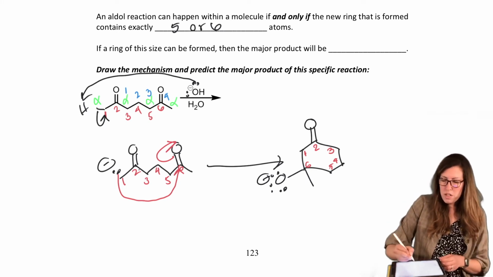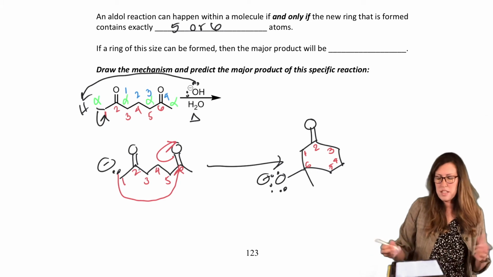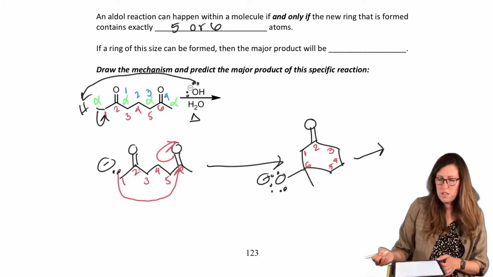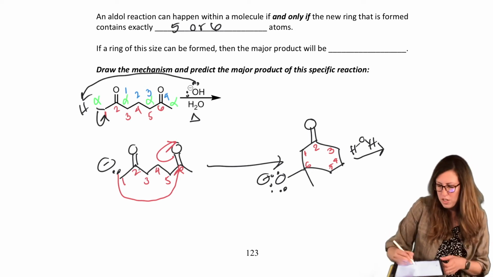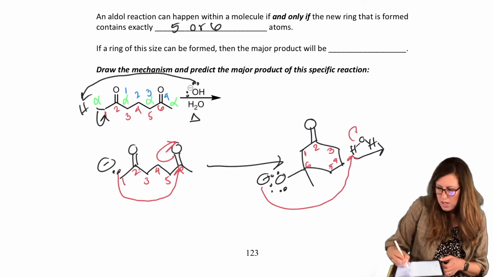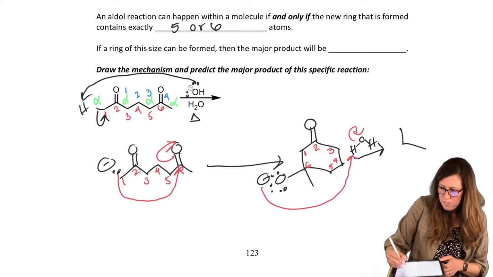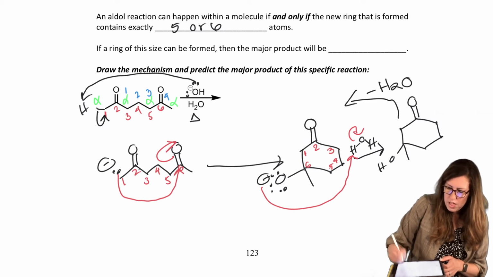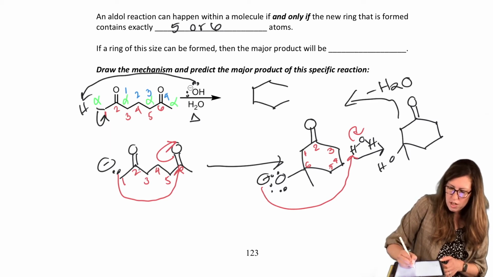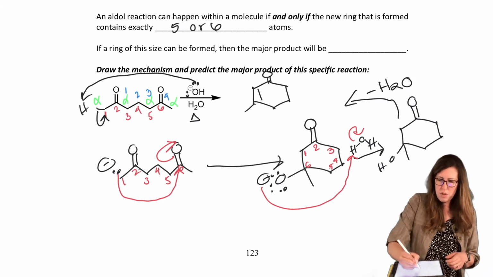And then, of course, we're going to protonate, and let's go ahead and just add heat because I want to drive home examples of dehydration as well. Get us used to seeing both as possibilities, because in reality, that's actually the more common path. And so we protonate, and I'm not going to draw every little step because I know that we know how to do these acid-base steps now, so I'm just going to write minus water. And we're going to draw our alpha beta unsaturated carbonyl as the product.